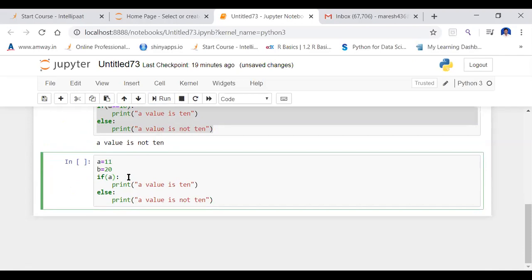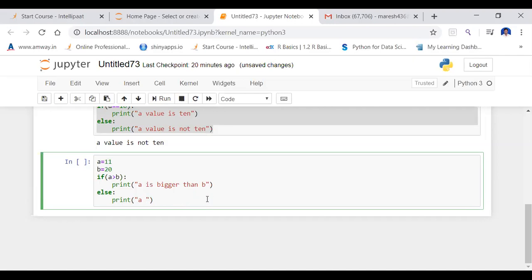No, I will check A is greater than B. If A is greater than B, then the condition is true. I am going to print A is bigger than B.